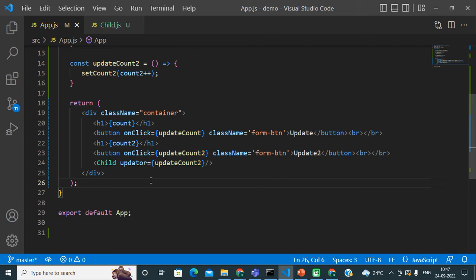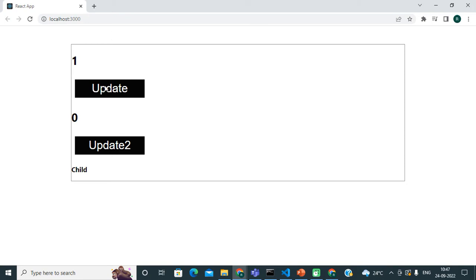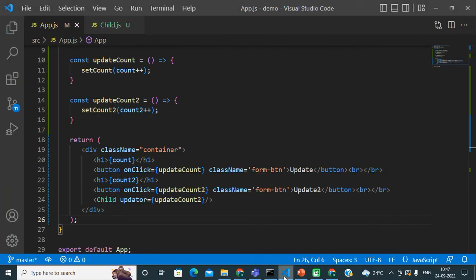So what does referential equality mean? Whenever a React component gets re-rendered, whatever functions are available in that component, all these functions get recreated. So what I am telling you guys: when I click on this button, my parent component state is getting updated, and in that case the parent component is getting re-rendered, and on every re-render both functions, updateCount and updateCount2, are getting recreated.